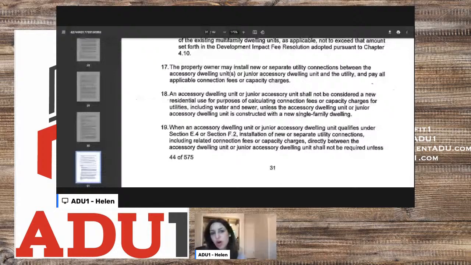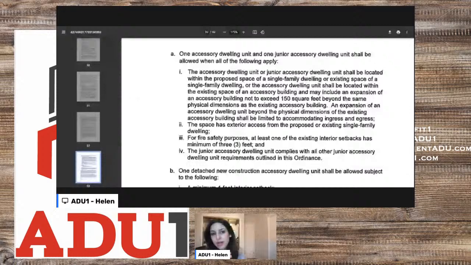And let's see, if you want your second ADU for a single family home, that's when the junior ADU comes into play. You can do the junior ADU, but again, you're limited to the 500 square feet. It has to be the primary structure of the home, no new construction. And then another thing with